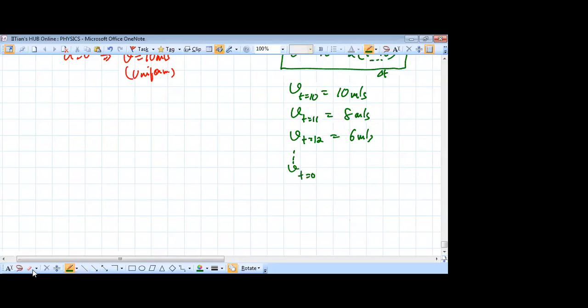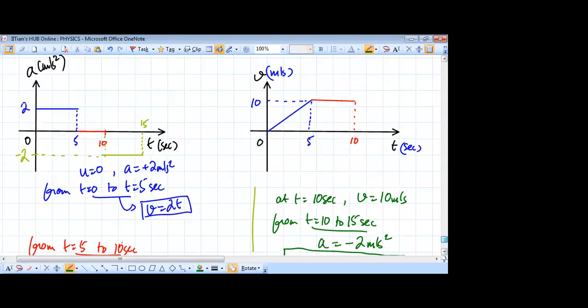So, at t equal to 15 seconds, what will the value of velocity be? It will become 0. So that is showing you uniform deceleration. Here, how will this graph behave? It is behaving like this. It's coming exactly to 0